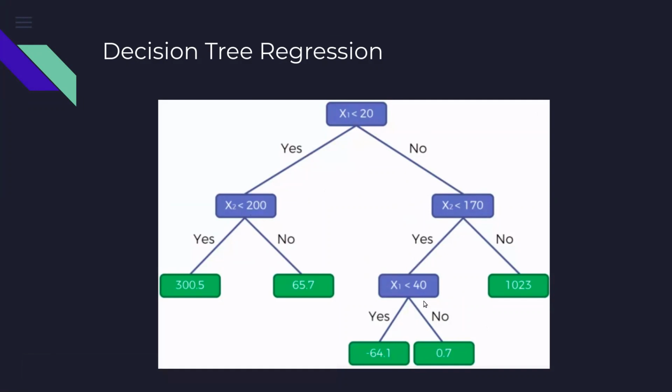So suppose I get another record where different values of the housing price or the number of rooms, number of bedrooms is given. So we'll just go on applying this criteria, and in the end, we will find out the price of the house. Okay. So this is what the decision tree is.